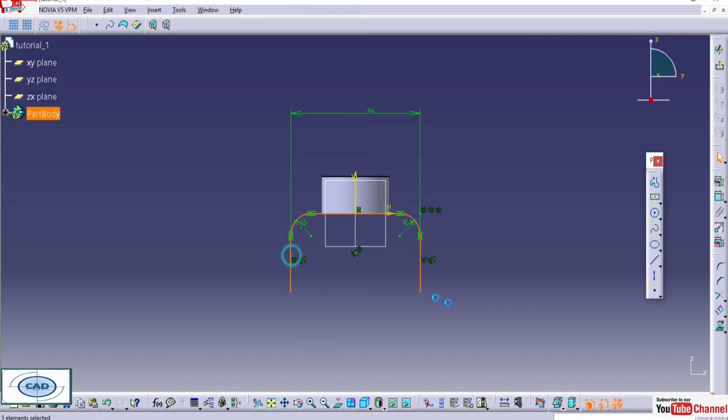Here we select all the profile, offset, and give a dimension of 10 mm offset. Edit the dimension as 10 mm. So here we get an offset of 10 mm. Now close the open edges, and we will give dimensions to them also.